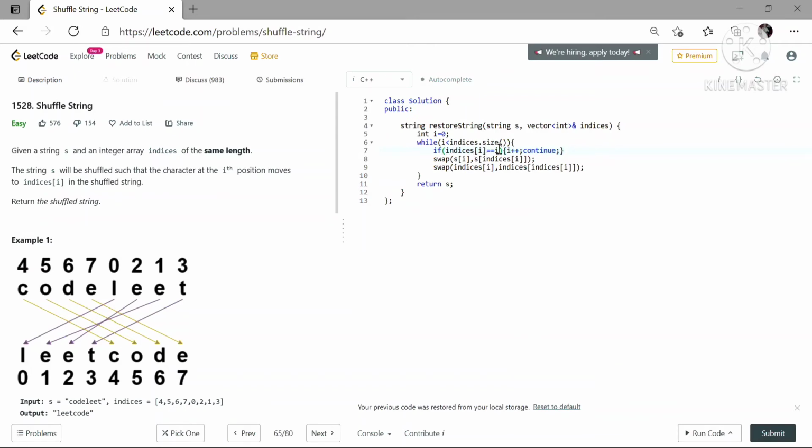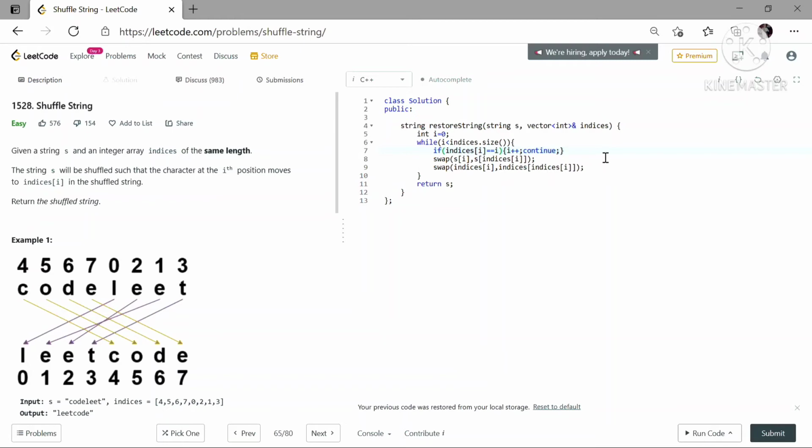So suppose this 0 is at its correct position, then indices 0 will be equal to 0, and in this case we will just increment, we will move to the next element and start the loop again.